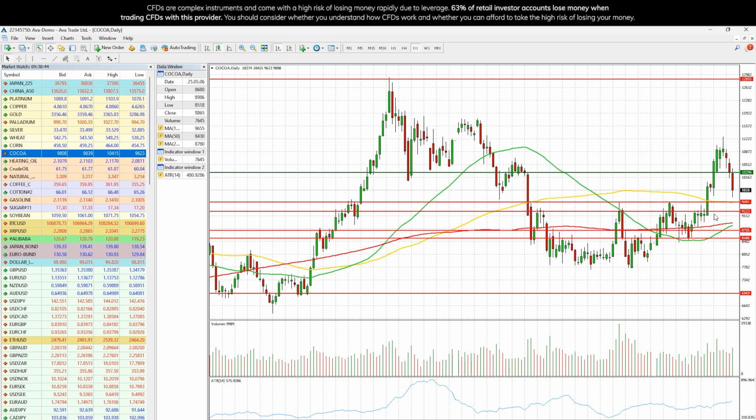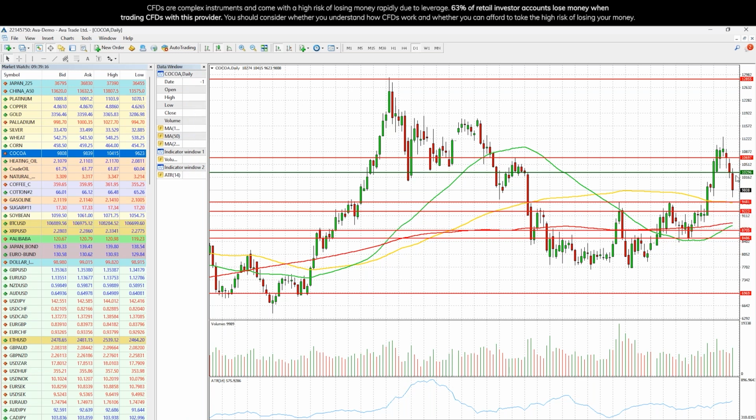We could see moves from this recent move from the supports around 8,500. We did move higher nicely. We did break the previous resistance here in the past 2 days. We went below that, but still above the 50, 100, and 200 moving average, it is still definitely an uptrend. Let's see how this correction works.